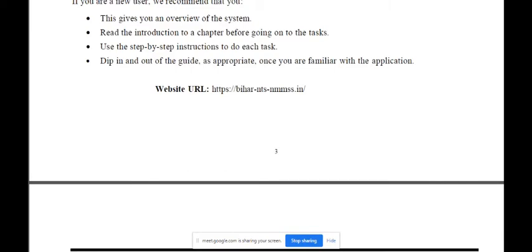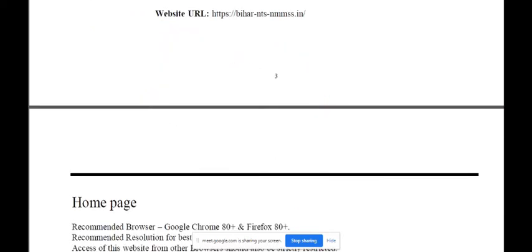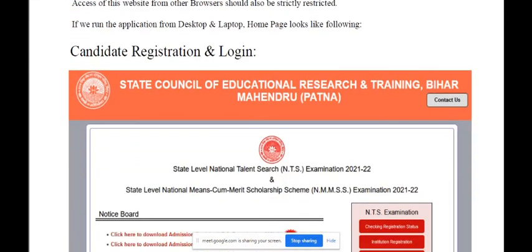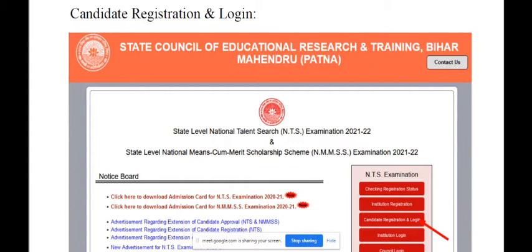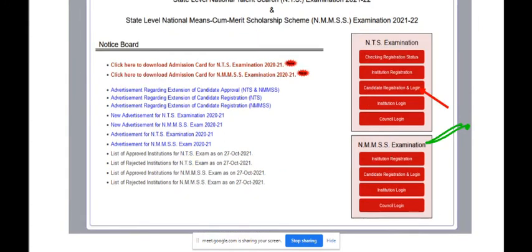Before that, first we have to visit this website given here, and after that we will be able to register and log in. To register ourselves, we have to visit this website address as I have shown you just above, and then choose this third option, where candidates can register and log in.